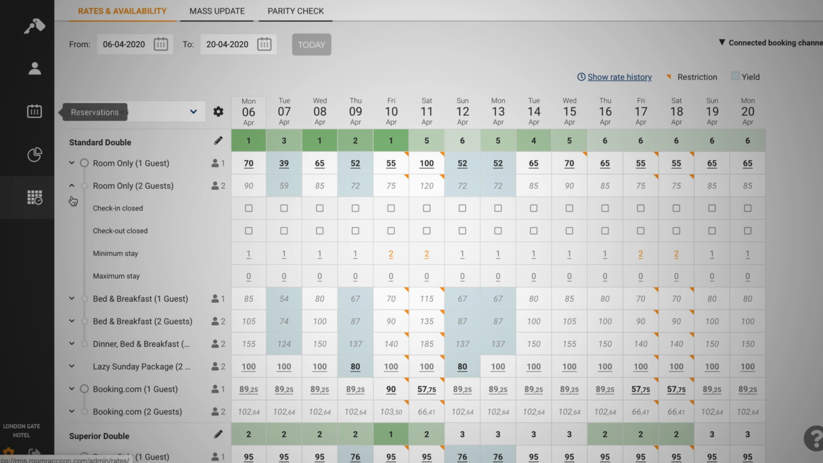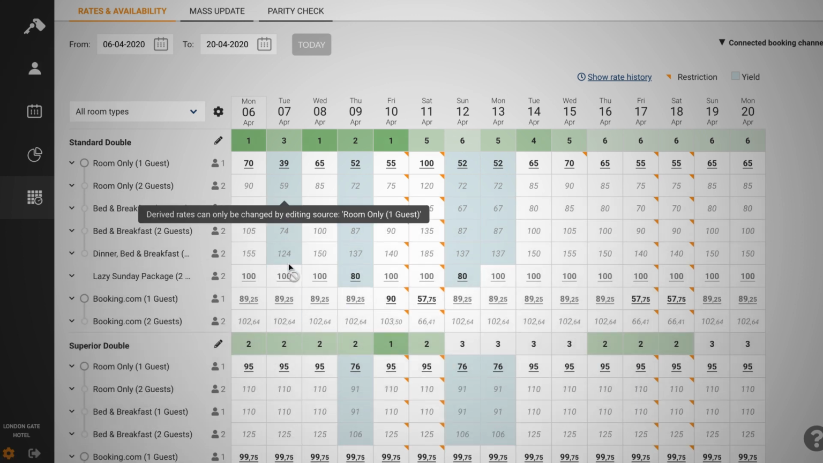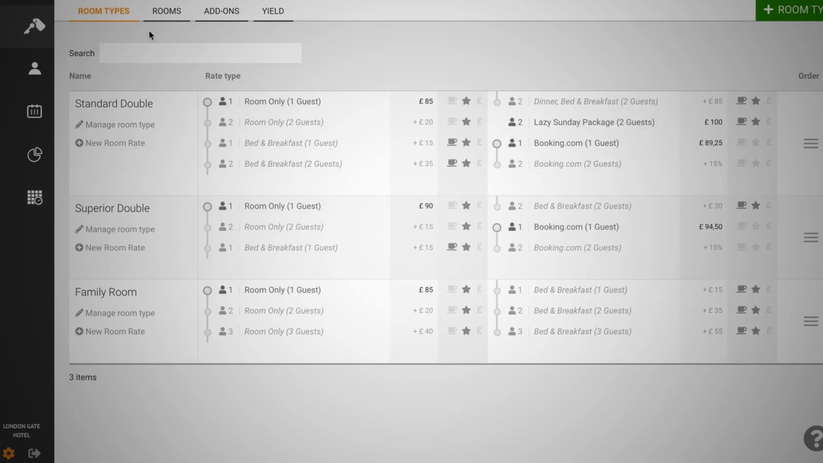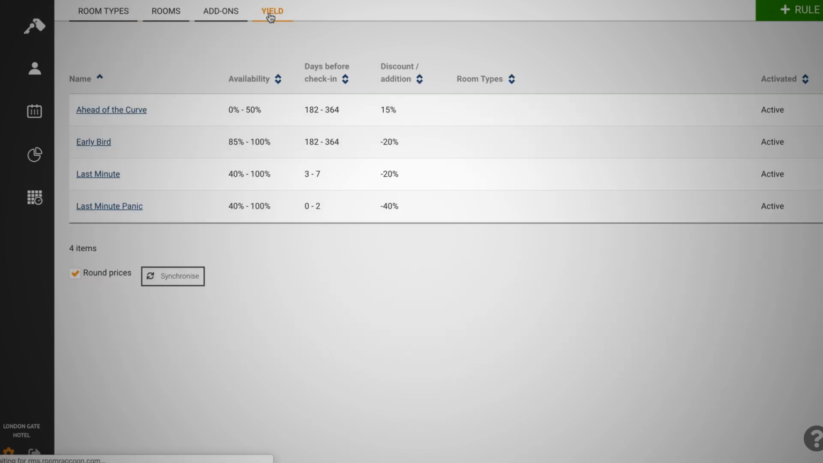But you might also notice that some of these are on a bluey grey background, and that means that those prices have been automatically changed by a yield rule that we have set up. So I'm going to take you and show you that now. So we have a yield manager, so I'm just going to go up here and go to our yield section,